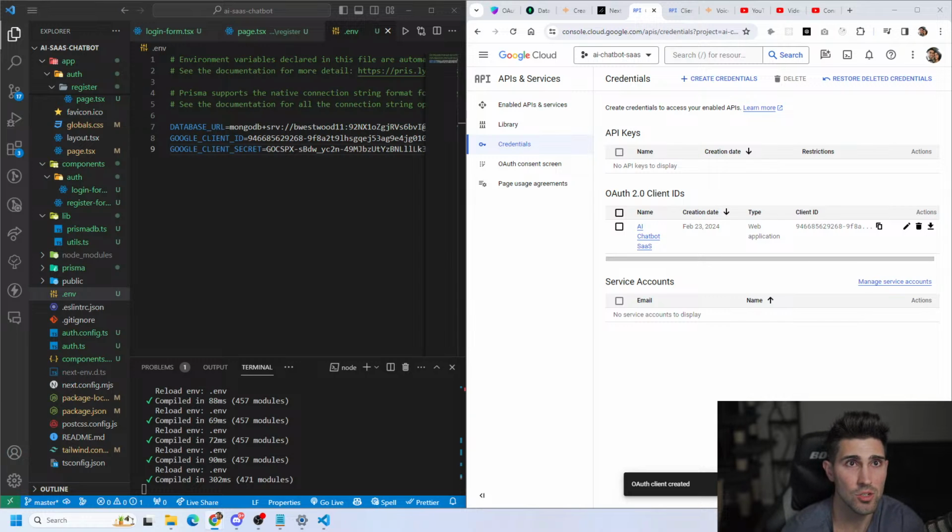To connect a domain to Vercel. Because I actually had to do that one time. I had to connect a domain from